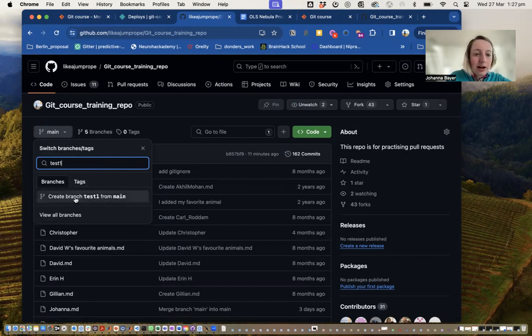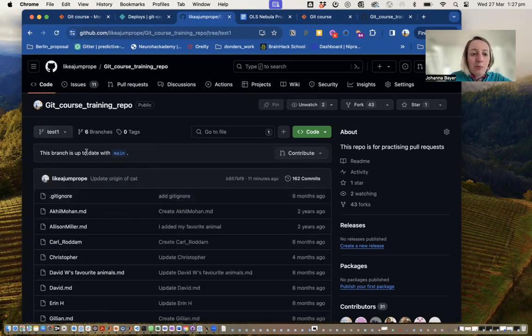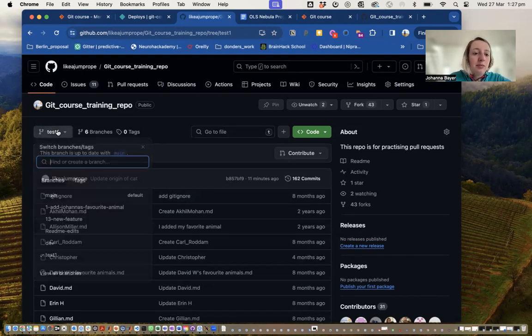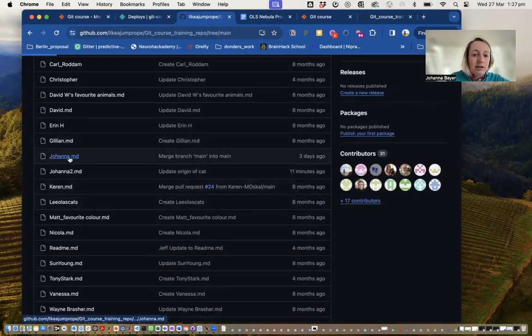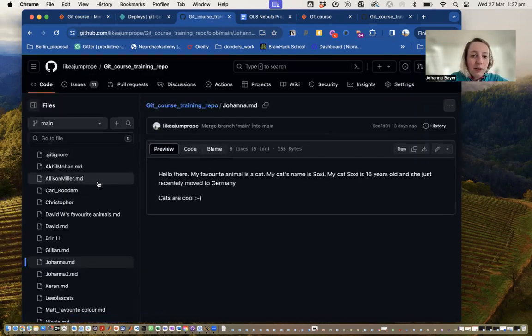So I'm going to create a branch test1 from main. Test1, because I've just created it from main, is up to date with main. And let's switch back to main. But let's now edit this johanna.md file. Oh, now there's something in there for whatever reason. I think you just needed to update the view, but let's